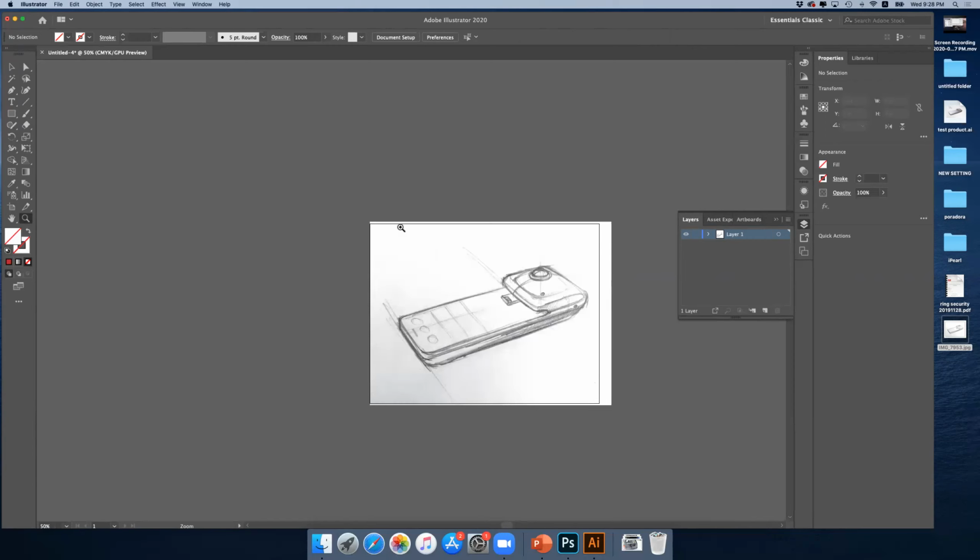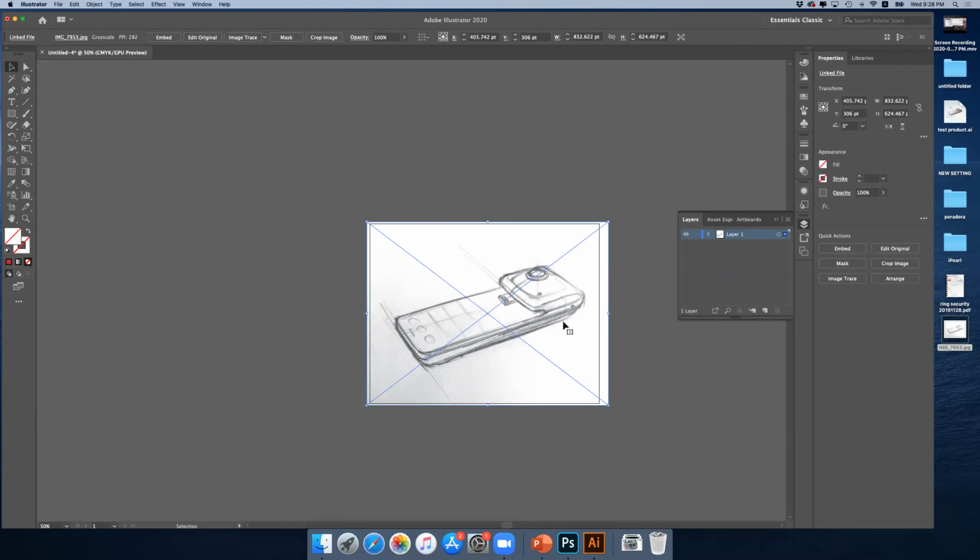Like I said, everything outside this artboard cannot be exported. So this black line is the edge of the artboard. Right now it's still a little bigger than the artboard, but it's okay because our drawing is already on that artboard. And another thing here is this image has a cross in the middle, which means